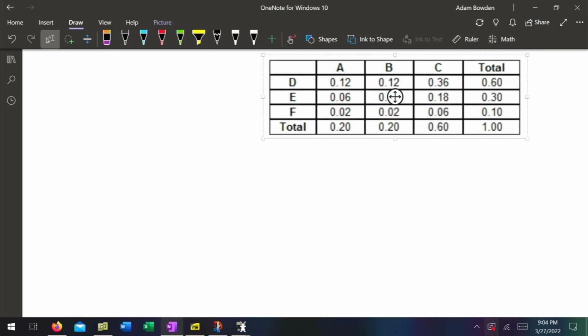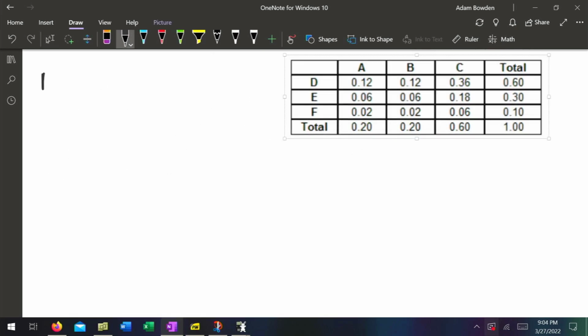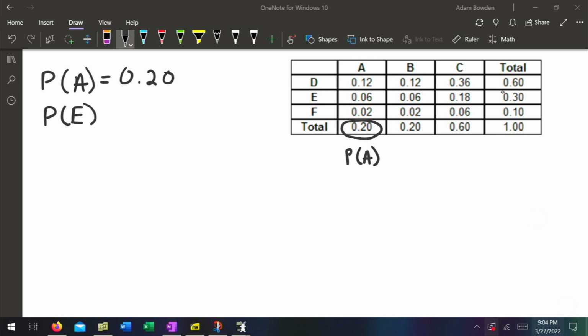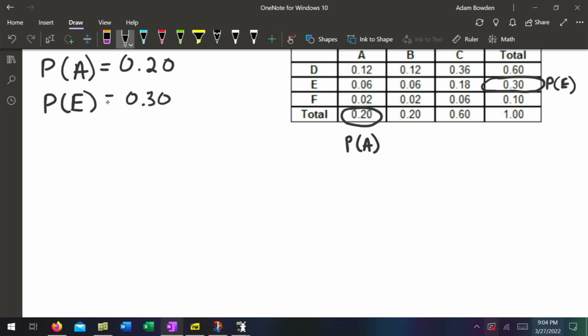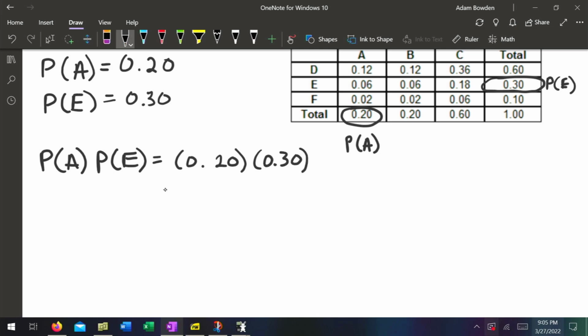Okay, now to get started, let's talk about the probability of A. The probability of A is going to be the total down here of column A. So 0.20. The probability of E is the total of that row for the row with the E. So 0.30. So what we're checking for first off is probability of A times probability of E. That's equal to 0.20 times 0.30. And that's going to equal to